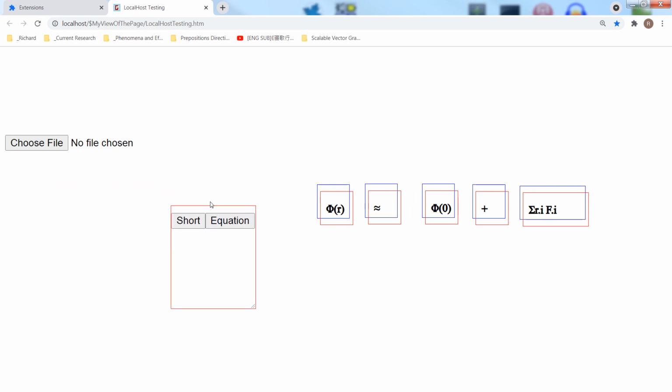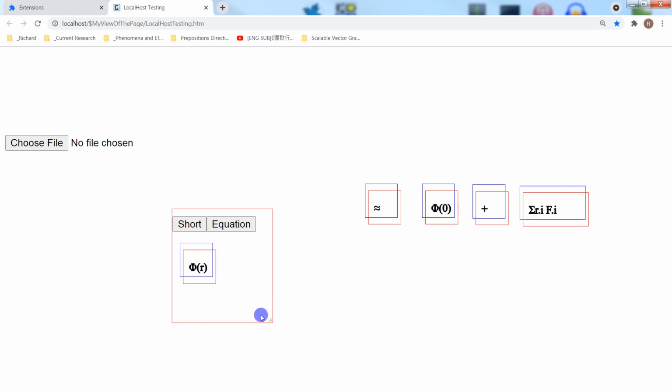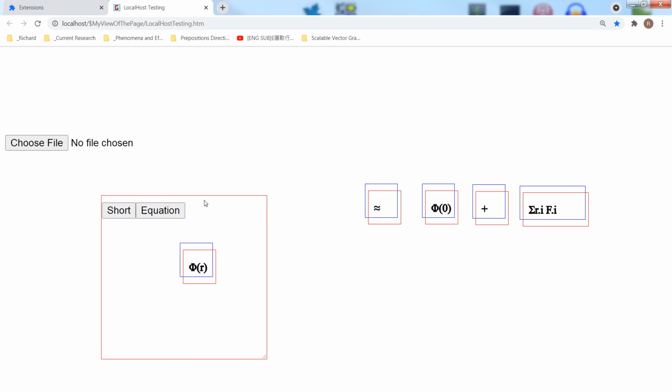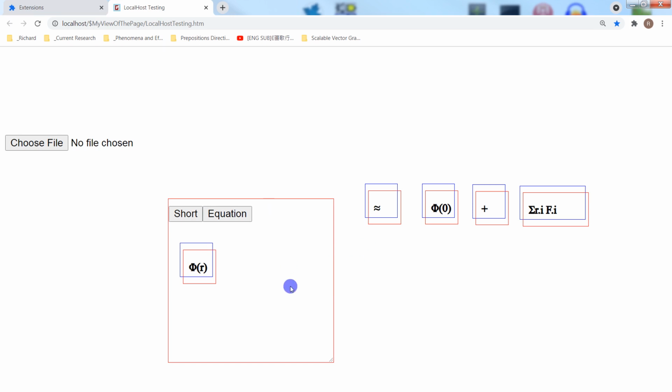So I got my cute little movable box, okay? And it has the qualities I want. It's resizable. These boxes aren't. Okay, I just made those separate there. But ultimately, I want these to go in here, okay? And then for that to be movable, okay? So I want to drag it into here. So, and